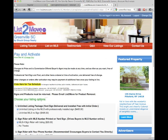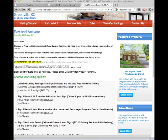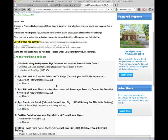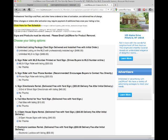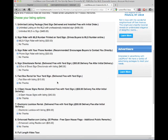Okay, so here what we're going to do, this is where we're going to check out. The last thing you do on the List to Move sites is check out, okay? So here we've got the option to unlimited listing package with or without a sign. So I'm going to do it with the sign. I'm going to do an MLS rider with the listing because I want buyers to know what the MLS number is. I'm going to do a phone number with the listing. I'm going to add the street directions, and